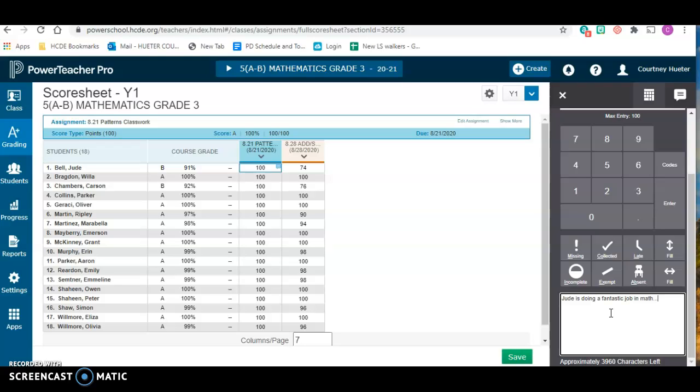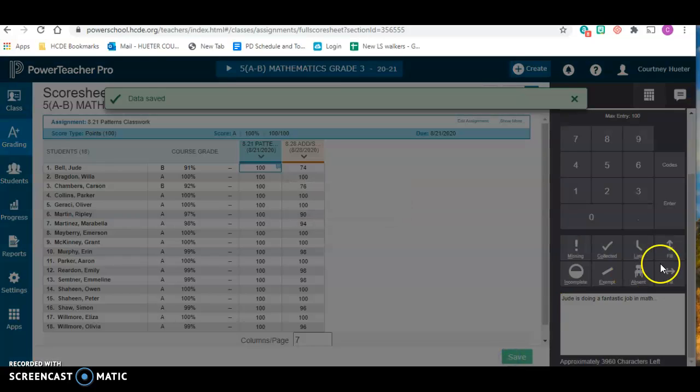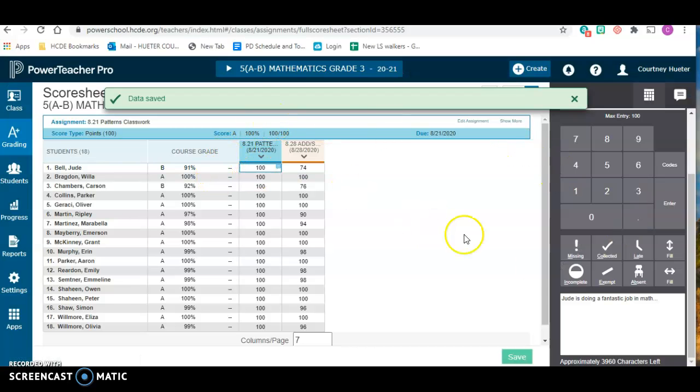So I'm going to make a comment for all of the kids that I have in my homeroom for math, and then for all of Jessica's kids in math. Okay, so once you do that, you want to make sure you click Save, and then you'll notice once you save it,